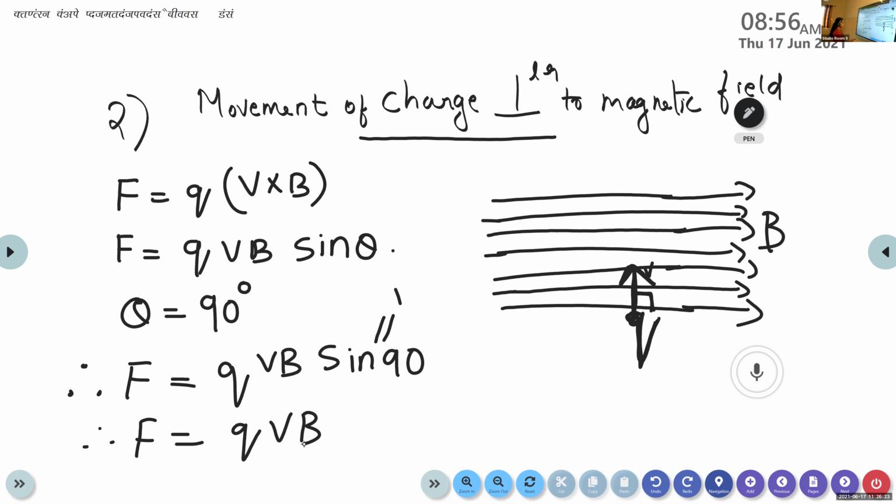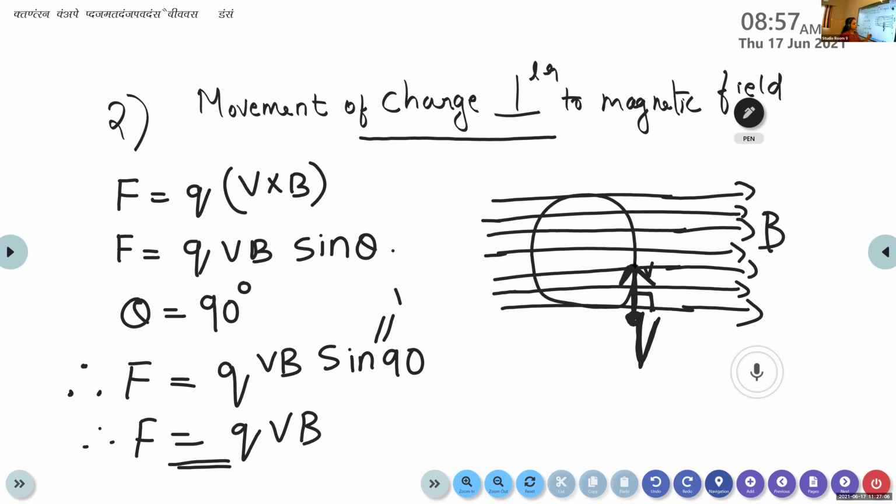It is not over. So, if a charged particle enters perpendicular to the magnetic field, it experiences a force due to the magnetic field. That force is given by F is equal to QVB. But due to this force exerted by the magnetic field, our charged particle Q undergoes a deflection. Due to this deflection, it follows a circular path inside the magnetic field.